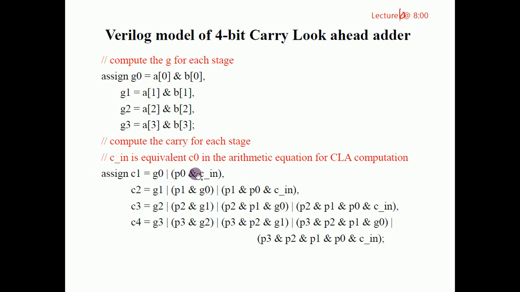Now we'll go ahead for carry expressions. Carry expression, Ci is equal to Gi ORed with Pi ANDed with Ci. The same thing we have used. When i is substituted with 0, we get C1 is equal to G0 ORed with P0 ANDed with Cin. Cin is nothing but C0, both are same. So now C2 is equal to the expression we have computed on the paperwork. The same expression I have taken here for C3 as well as C4 and ended with a semicolon.